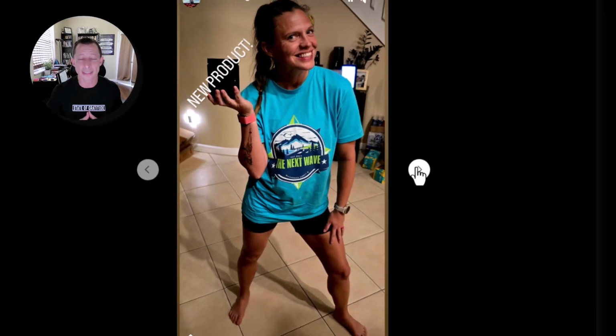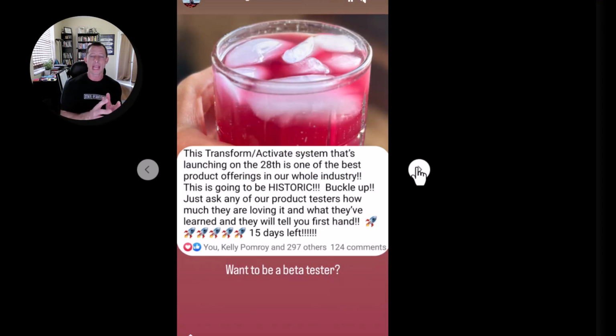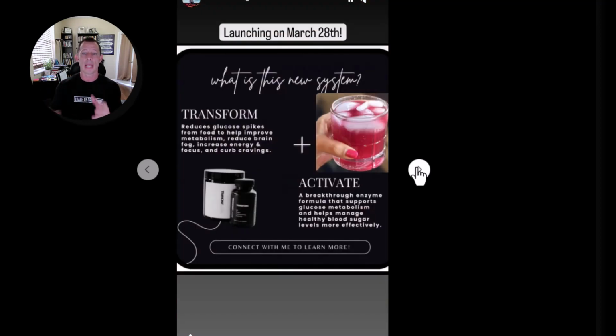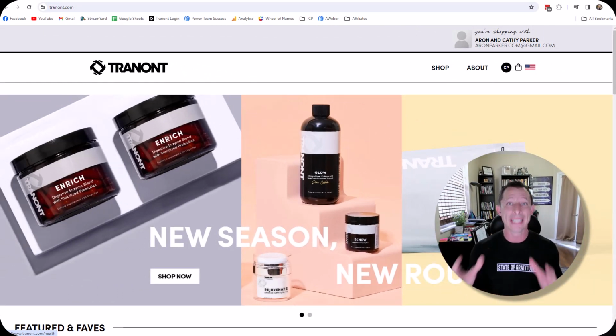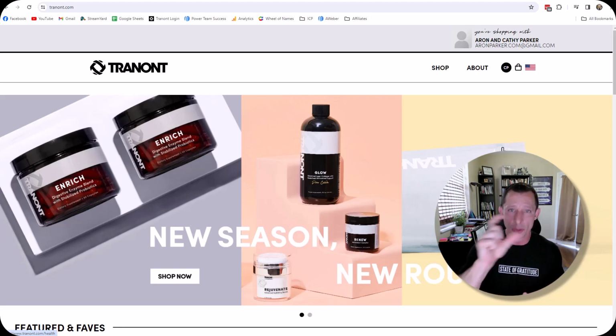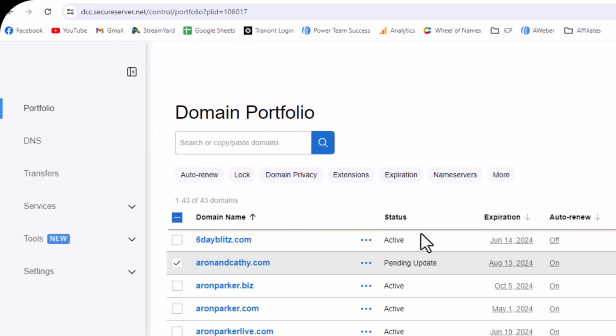Now, we do have a new product that is launching in March, and this is our Activate product. So how would you do a domain and have it link directly to a new product or to any product? I'm going to show you how to do that right now. As of this recording, we don't yet have our microsite or our link to enroll people to purchase the kit in order to get the new product Activate. But the process is going to be the same. Once you get your microsite URL or your link to refer people to purchase Activate, you would just take that link, go into your domain account, and do the same process. You click on forward and you paste it in there.